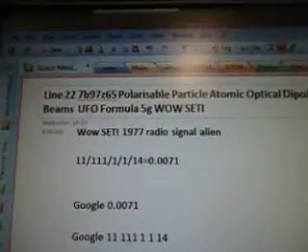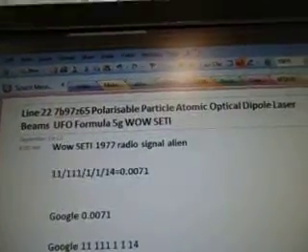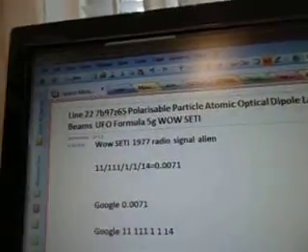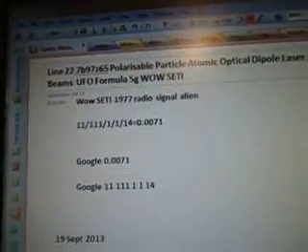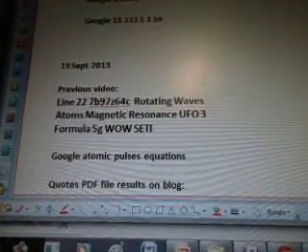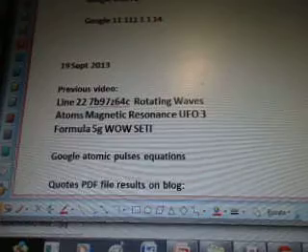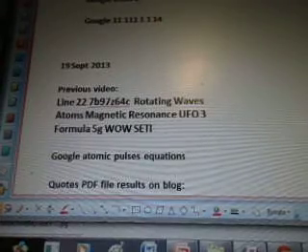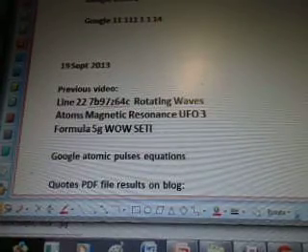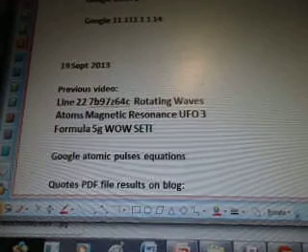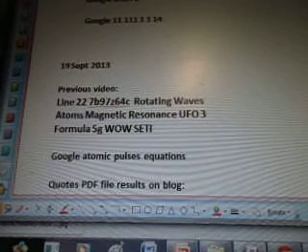7b97z65. Polarisable particle, atomic optical dipole laser beams, UFO formula, 5G Wow Seti. Here's the alien radio signal. This is diffraction, polarizable particles, atoms, optical dipole laser beams, UFO formula, line 222, Wow data. September 19, 2013. Today's October 19th. Previous video is line 22,